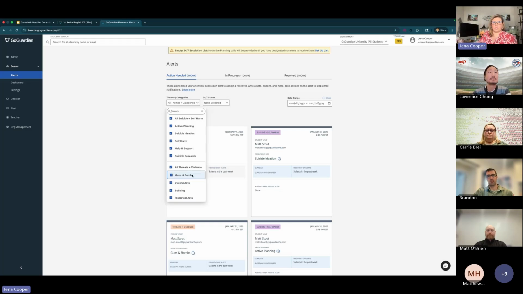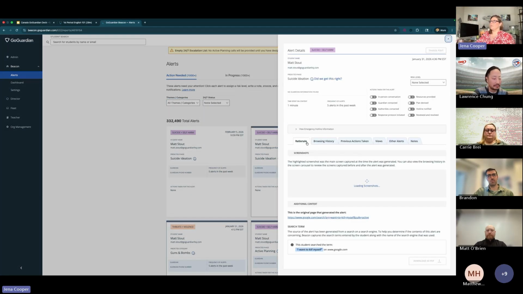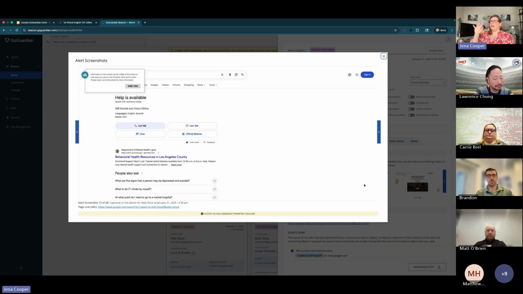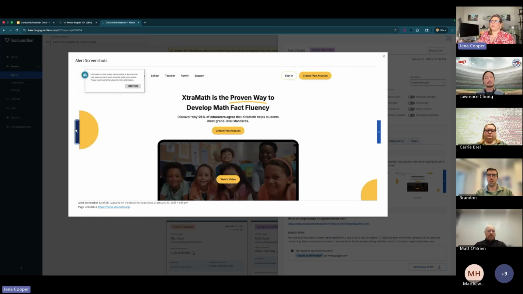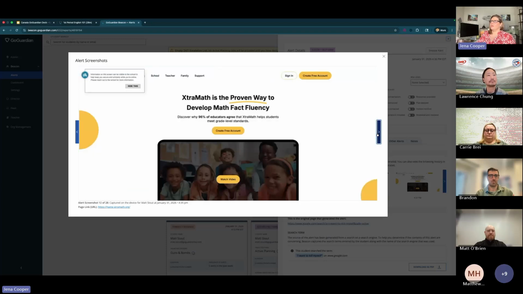This is specifically related to the transporting or acquisition of them, violent acts, bullying, and historical acts as well. So when we get into this and we see an alert come in, it's going to give you the student's name, what type of alert it is, and then we're going to give you a screenshot of why the alert was created and 15 minutes of context before and after the alert was created as well,